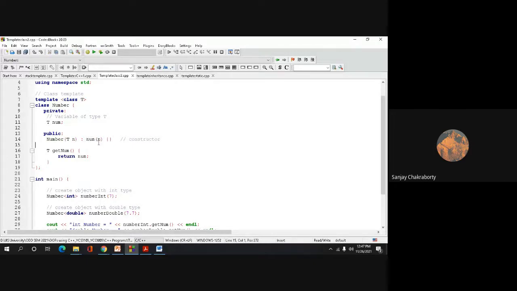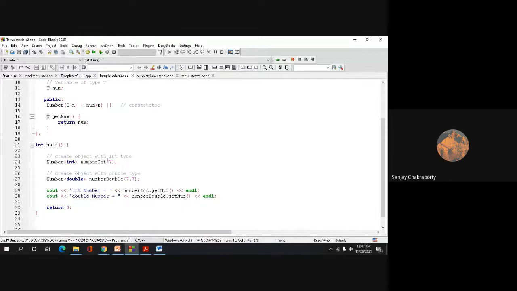So num of n, and now this is a simple method call, a normal method, whose return type will be a template type parameter T. So these three should be activated during the call of the particular class using an object within the main method.